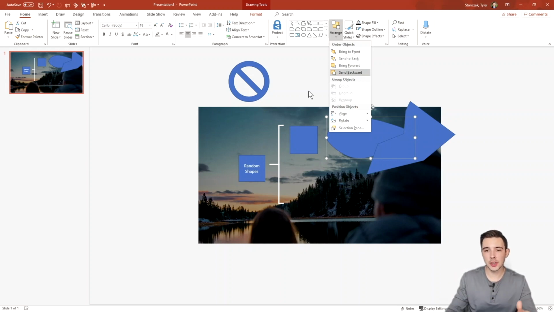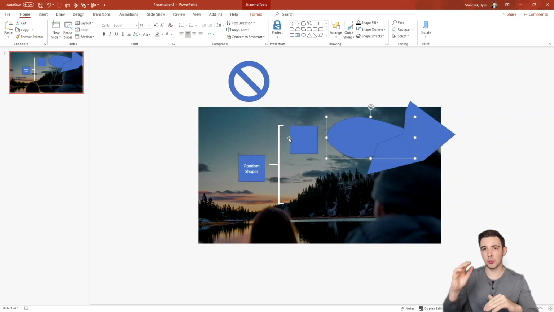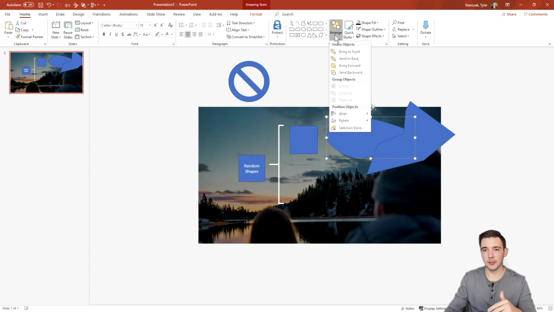So you almost have to look at this canvas as layers, and the more things you add on, the more layers are stacking on top of each other. And then if you want one layer to go above the next by just one level, that's when you would bring it forward or send it backward. If you want to do bring to front or send to back, that's going to jump it all the way to the front of the layer and at the top of all the layers. And then if you send it to back, it's going to go all the way to the bottom and be the last layer possible.